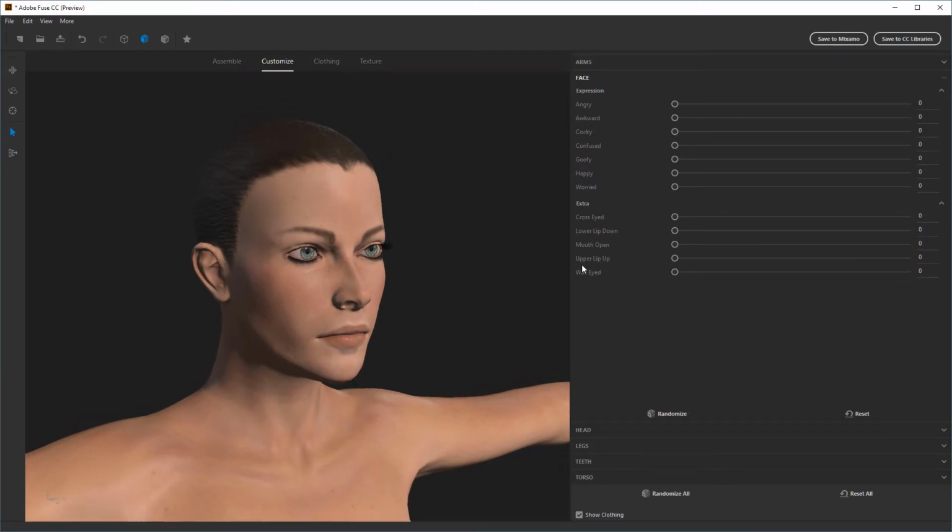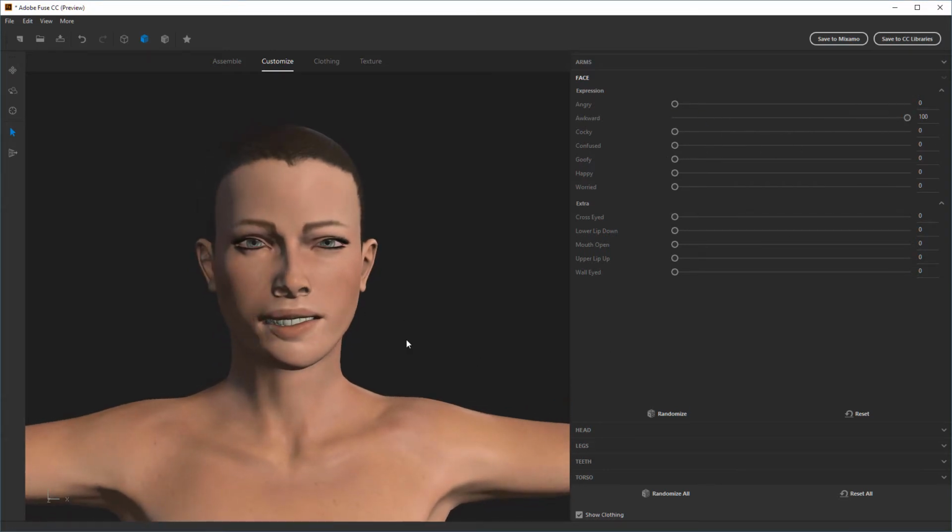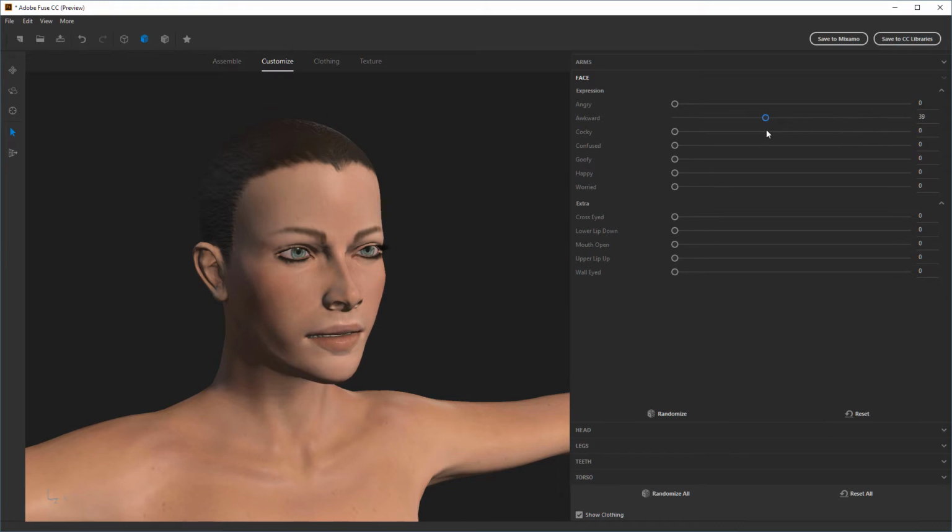You can see that we have different options for expressions. This is something you'll actually have control over once you export into Modo or any other 3D application for that matter, but this is something you can start off with here in order to get the look that you're going for. Each one of these sliders is going to do something different with the model. There's angry, there's awkward, and some of these are going to work better than others. I find that it tends to do some weird stuff on the cheeks sometimes. If you go all the way up to 100%, usually you want to find something in a lower percentage and it'll work better. Cocky gives her a little smirk, confused, another kind of smirk, goofy,